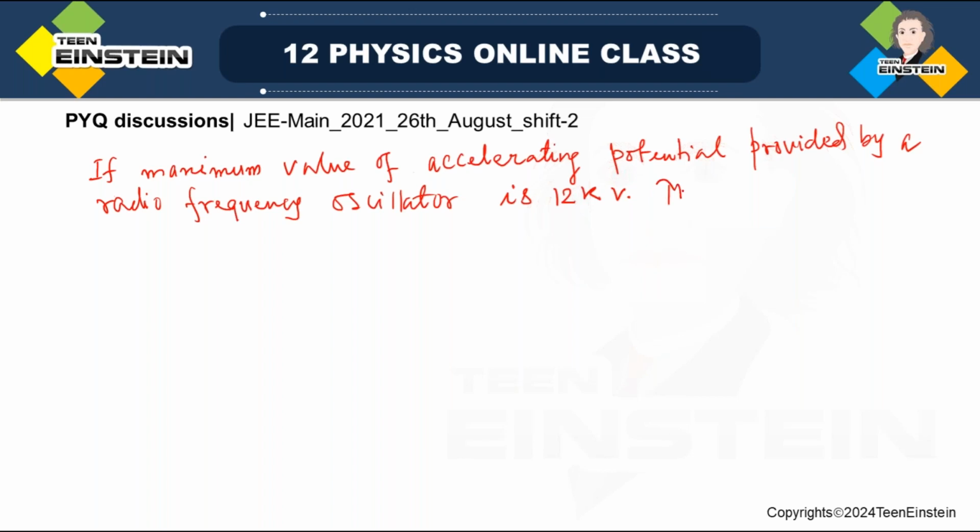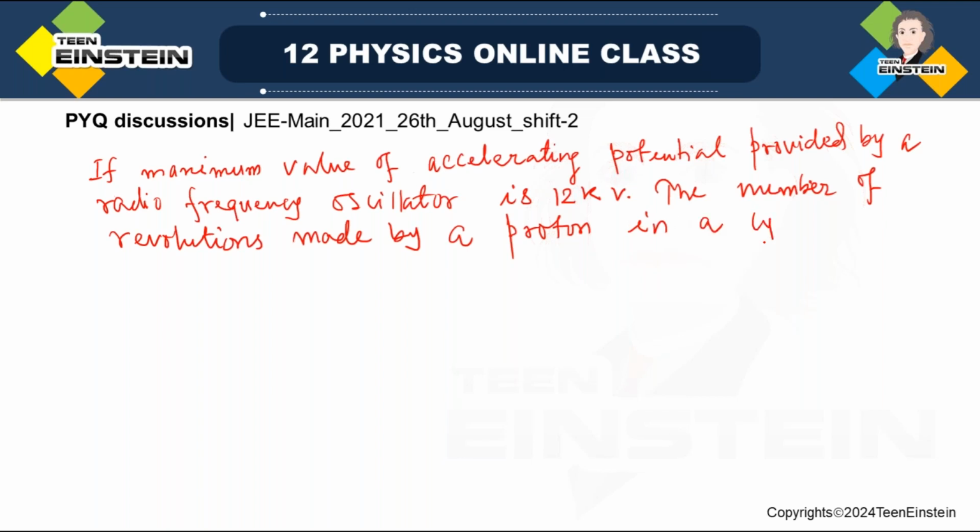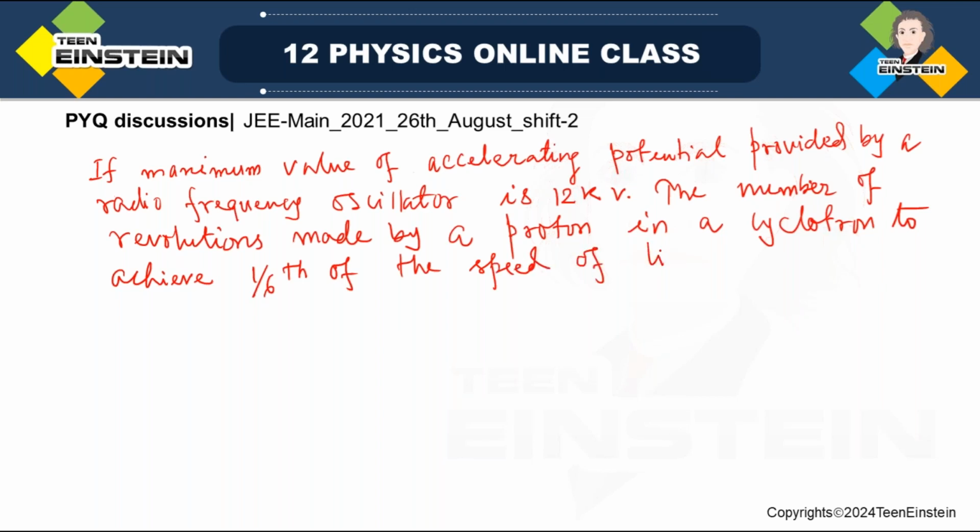the number of revolutions made by a proton in a cyclotron to achieve 1/6 of the speed of light. Speed of light is